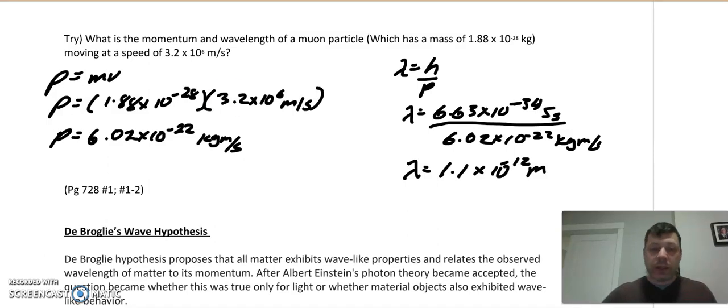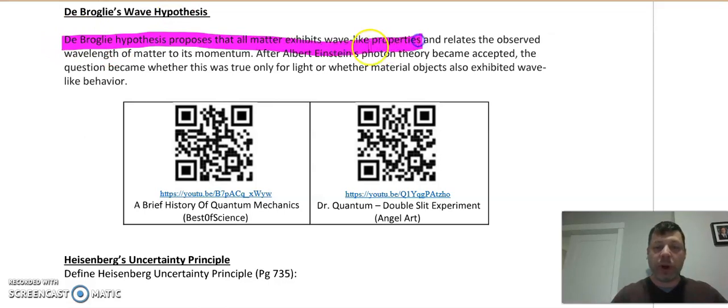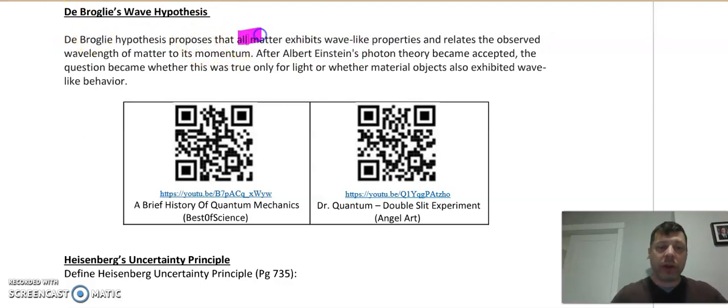Now, this is where we get to de Broglie's wave hypothesis. We've taken a look at this in terms of what's happened before, but de Broglie's hypothesis is that all matter exhibits wave properties. That's all matter, not just light. All matter exhibits wave-like properties,